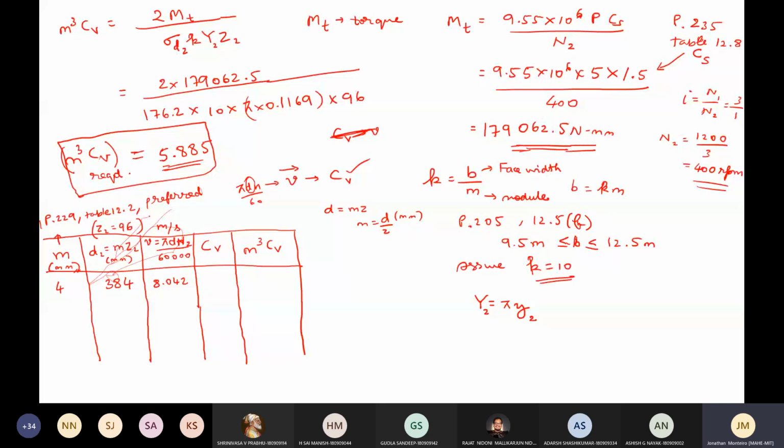So let us go to page number 205. For the CV value, where you have to choose from, page 205. Under that, the equations are all starting from 12.6. That is A, B, C, D, E, all are with respect to that CV. Now this will help you to understand how much you have to take.